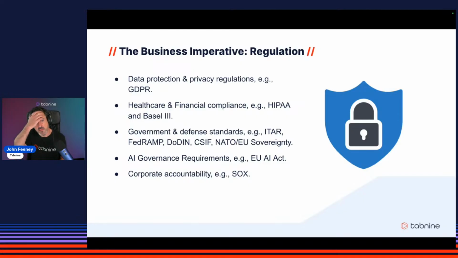There's a number of government and defense standards as well, which I'll just touch on really quickly. So there's ITAR, which prohibits the sending of technical data to foreign systems. You've got FedRAMP, which provides a framework, but for some of those classified requirements, it's really hard to achieve without an air-gapped environment. Then you have NATO and EU sovereignty demands, where obviously processing of data has to be local and has to fall under certain jurisdictional controls. Then you've got the EU AI Act, which calls, especially for high-risk AI deployments, for physical isolation from external networks.